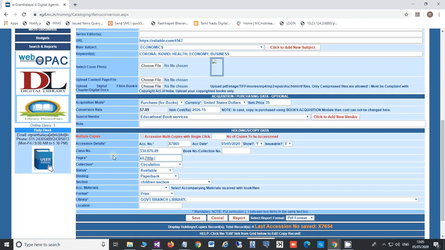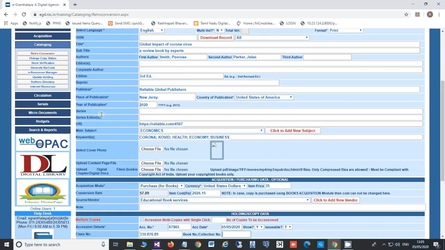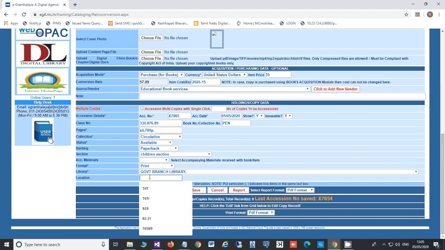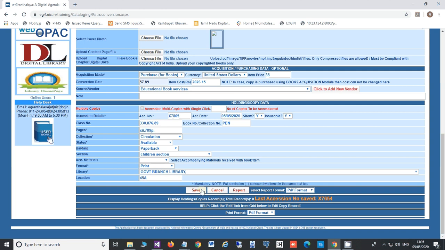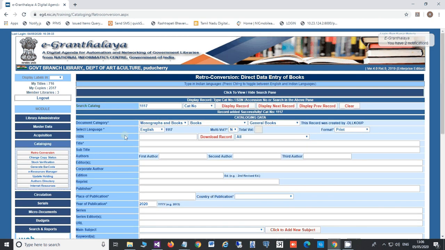As per cataloging standard, you should type the pagination and book number as per the Cutter system or whatever other system you are following. Other data you can select accordingly. Almirah number, 4 row, 5th Almirah, and Pehla Khana. Like that you can decide some kind of system and then save it. So record edit, and the record number is 11171. So the book you have added.